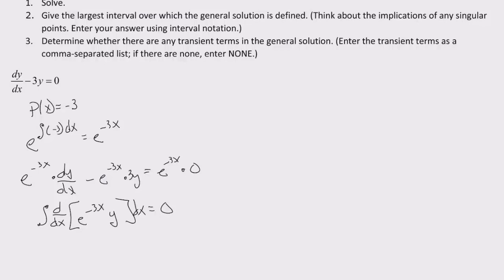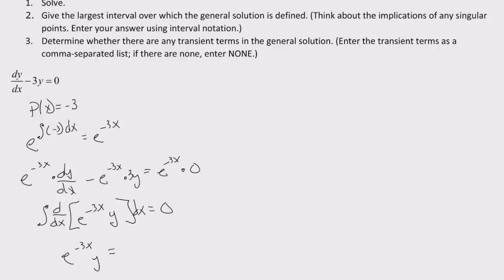If you want to take a second and convince yourself that that is correct, if I do product rule on those two terms, am I going to get the original expression we started off with? Hopefully you're convinced that it works. So when I integrate something that I differentiate, I end up with the exact same thing. So e to the -3x y